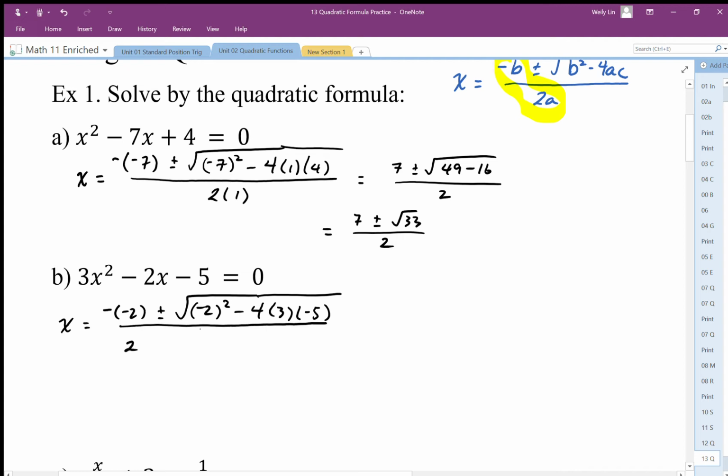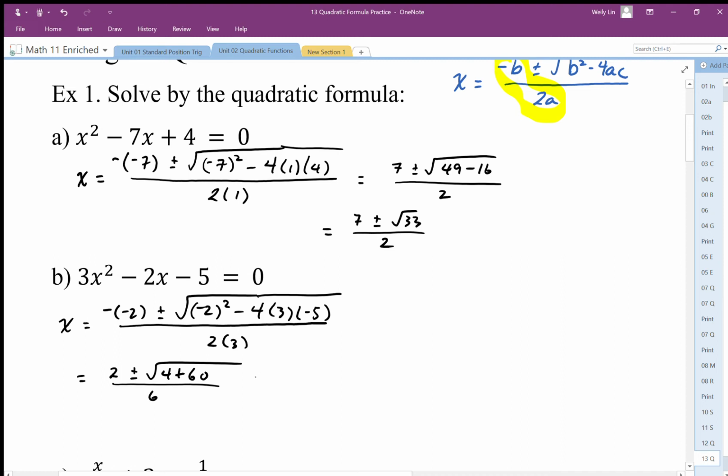Okay, so it becomes over 2 times a. So simplifying this then becomes 2 plus minus the square root of 4 minus negative, so it's going to be plus 4 times 3 times 5, which is 60,